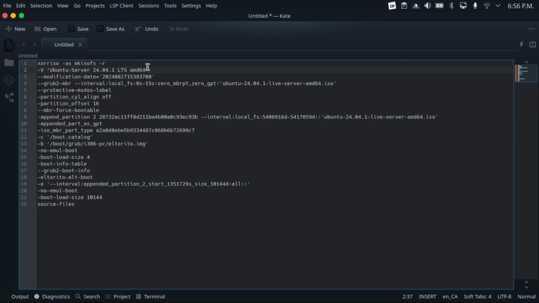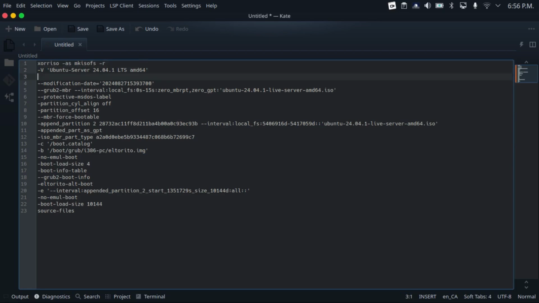And now we're going to come to our second line, hit enter to make a new line, and then type -o, whatever name you want to give your autoinstall ISO. I'm just going to call it